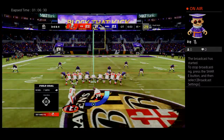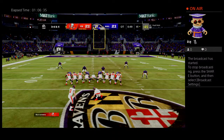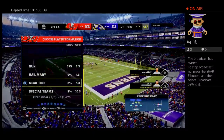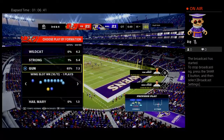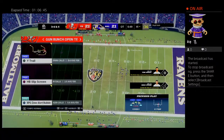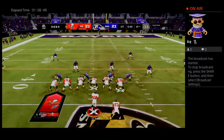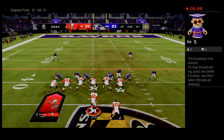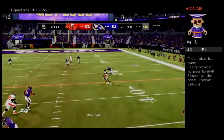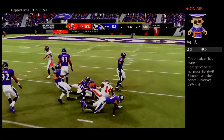So here we go. Maybe the biggest kick of the game forthcoming. So this will be spotted on the midfield logo. It's a 58-yard attempt. And now the Ravens are going to take another timeout. They'll be down to just 1 remaining as we step aside here in overtime. And they'll need to get to the 35 if they want to keep this drive going on 3rd down. What can Brady do now with his drive? And a quick throw here, that's complete. And he is going to have the